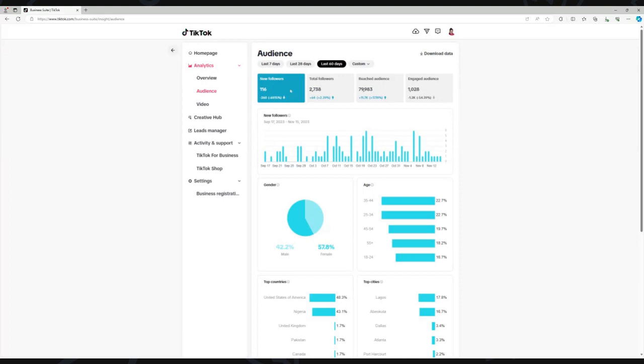But anywho, so I'm like, okay, on that. But look, total followers is up. My total followers is up a little over 2%. So that's good. We're looking at the audience. Yeah, new followers are down, but my total followers has actually increased. My reach audience has increased almost 18%. Now my engaged audience is down close to 55%.